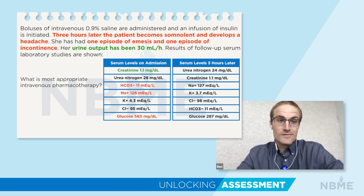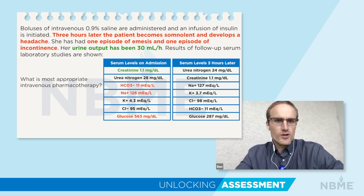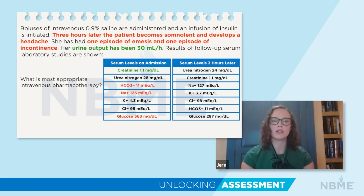and honestly just forgot about it. And so I think it's a good example as a reminder for me that when you see a question, you do need to verify your assumptions prior to going in and prior to selecting and choosing an answer. It didn't look so low that I would expect to see catastrophic neurological effects. And additionally, I wasn't that concerned about pontine demyelination syndrome because it's rising relatively slowly for an acute correction of hyponatremia. And so I think that's where this question got me, that I perhaps was overthinking it